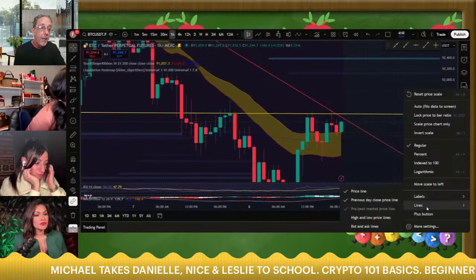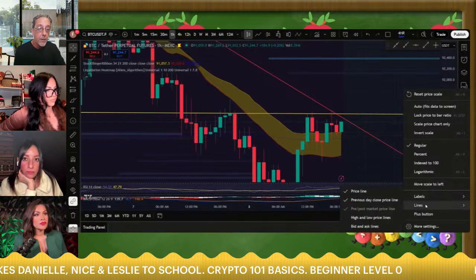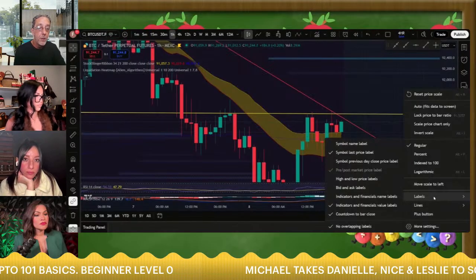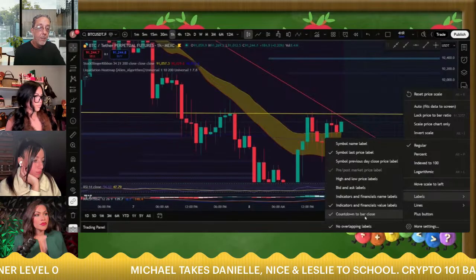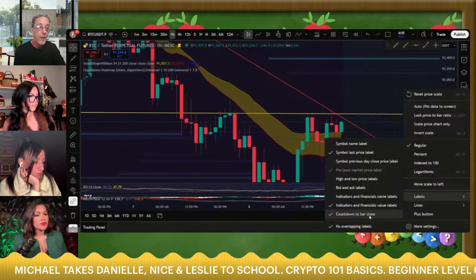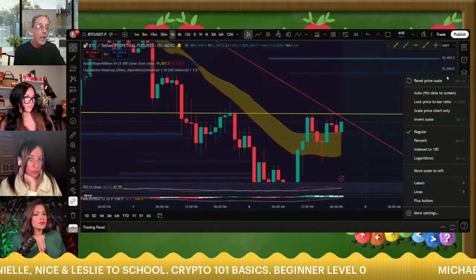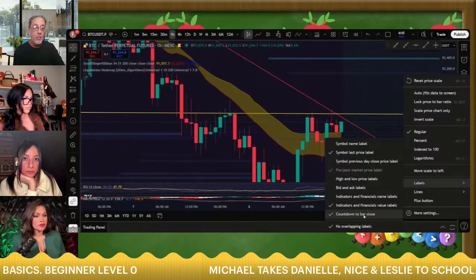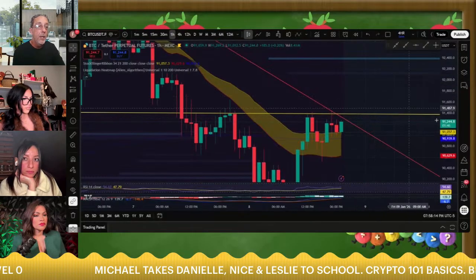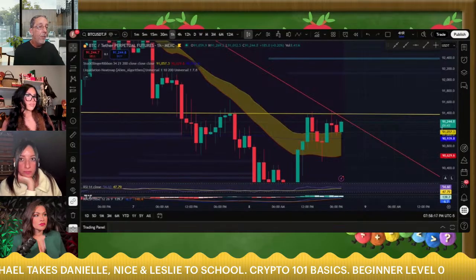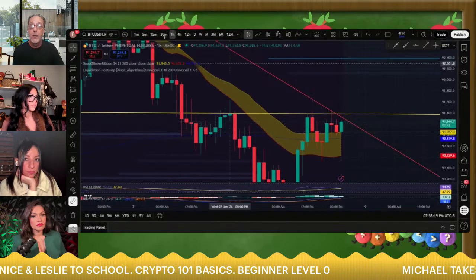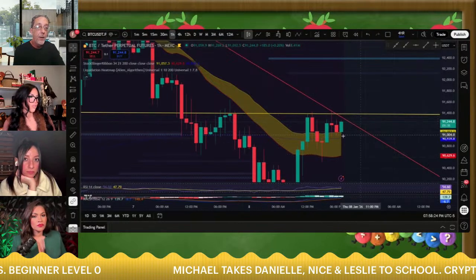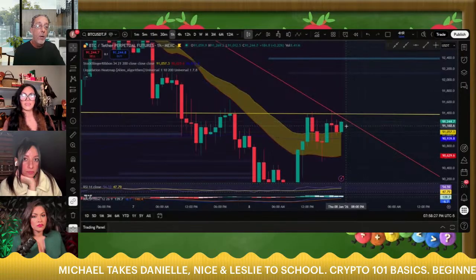You can get in here and play with this a little bit. Hold on a second. There we go. Underneath labels, you would come to countdown bar to close. So you'd right click on this, come down to labels, and make sure that's checked where it says countdown bar to close. Then the time will show up over here telling you how much time is left in any candle, on any time chart that you have. But this one here's got a minute 30 left before it happens again. And then we'll have a new candle.